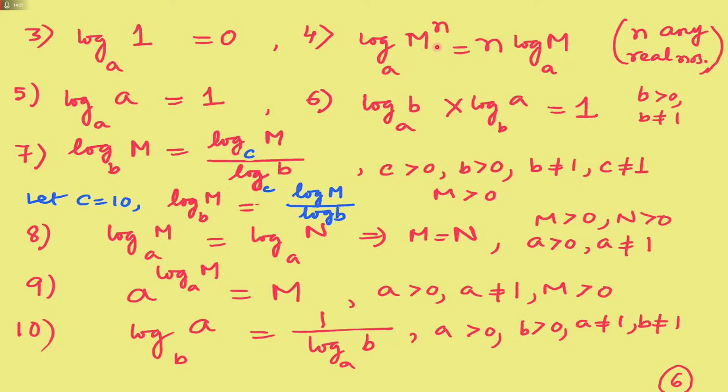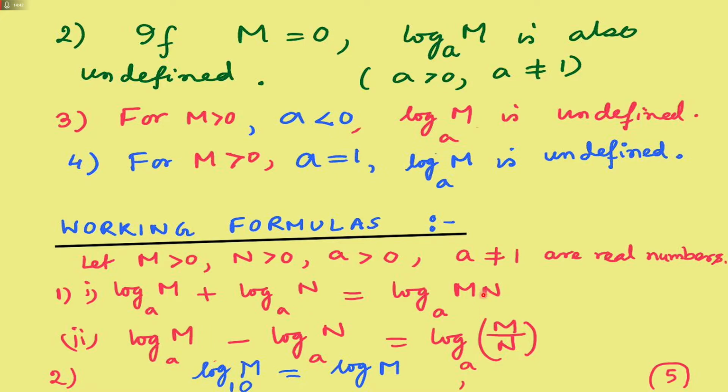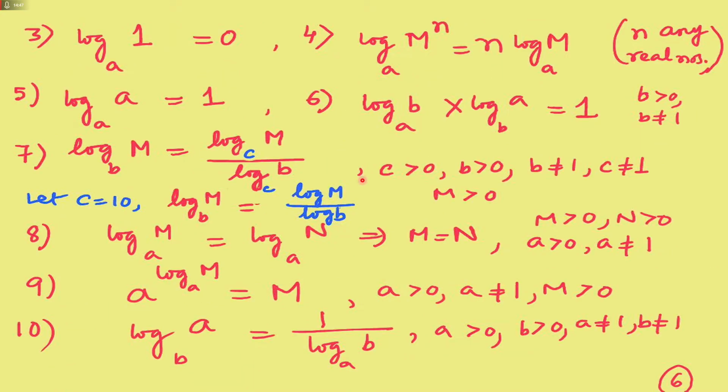You can prove it very easily. What does m to the power n mean? It means m into m into m, n times. So it is log of m into m, n times. And for the product rule, you can find log mn as log m plus log n. So when this is log of m into m into m, n times, you can use the addition rule and you get log m plus log m plus log m, n times, that is n log m base a.